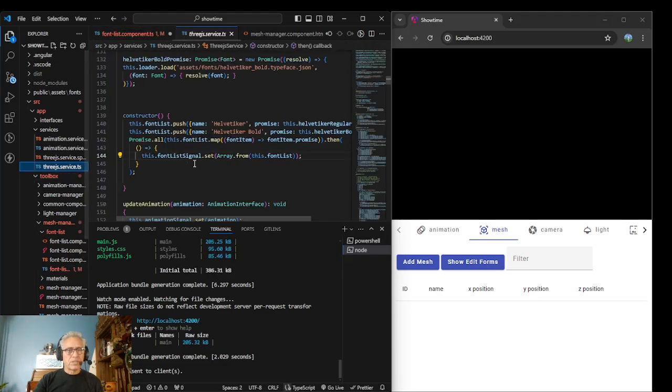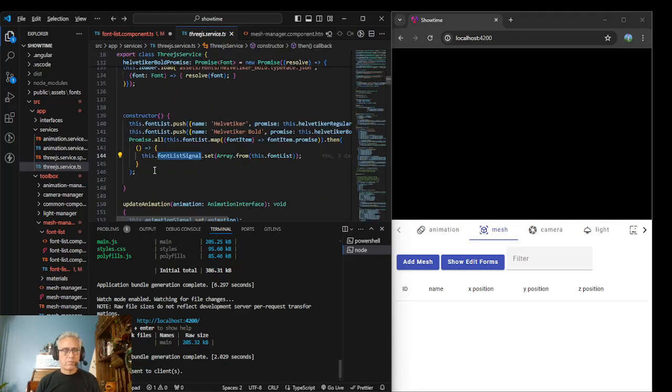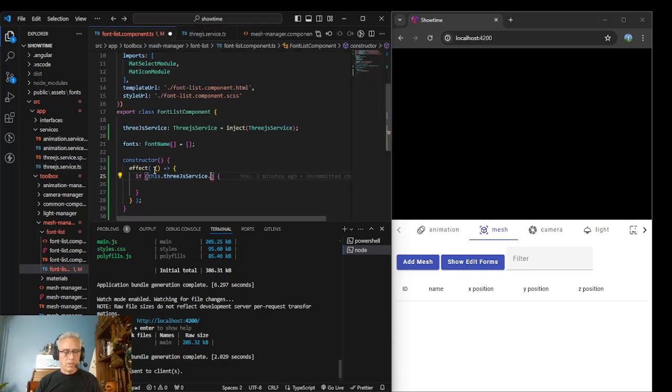3js service. Font signal, but I don't think that's the one I'm listening to. Font values. I can't listen to font signals because it's private. So... dot length